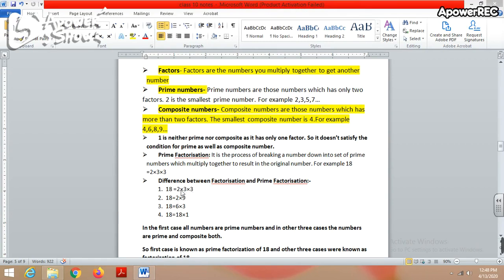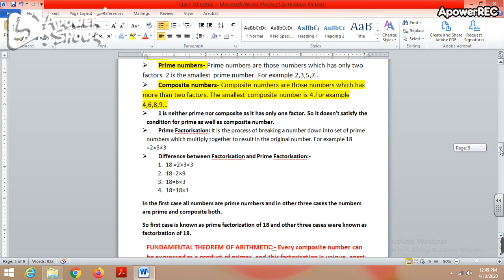In the first case, the three numbers are nothing but prime numbers, but in the next three cases, the numbers are either prime or composite. So in only the first case, 18 can be written as a product of prime numbers. So this factorization of 18 is known as prime factorization. This is also a factorization of 18, but in all these three cases, this is known as just factorization, because the numbers involved are not prime numbers. Only in the first case, the numbers involved are prime numbers. So the first case is known as prime factorization of 18, and we are going to learn about prime factorization